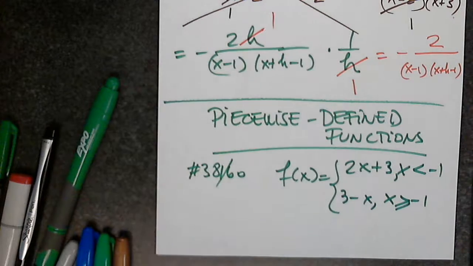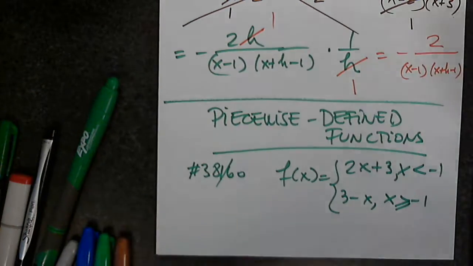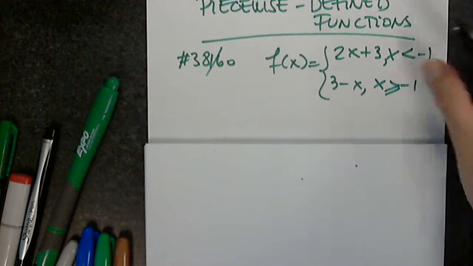Is this a piecewise defined function? It can have infinitely many pieces. It can have 3, it can have 4 or more, but it has at least 2. So therefore, this function is piecewise. It's defined in pieces. How many? 2. Okay, when I'm asked to graph, because that's the question here,